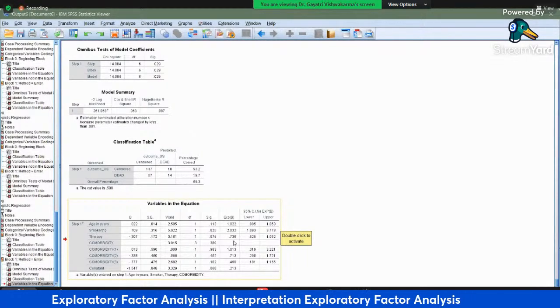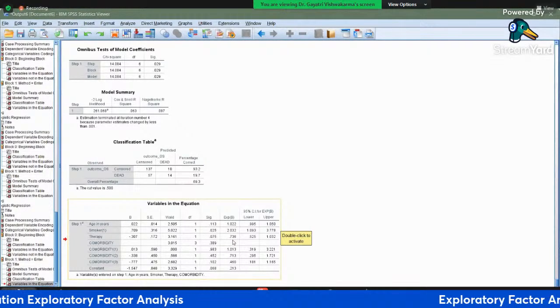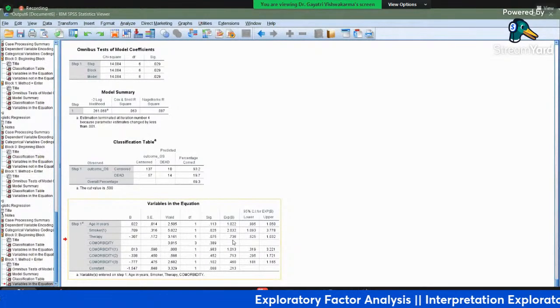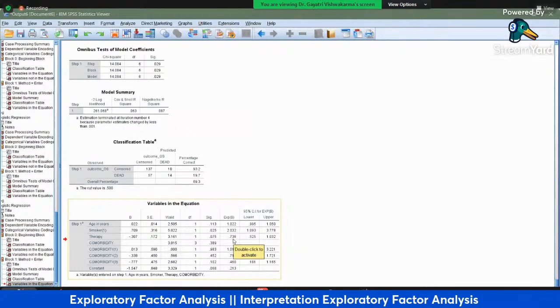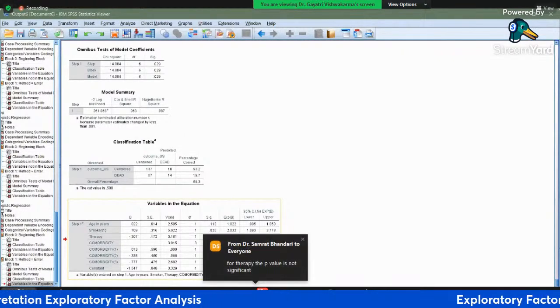Whenever odds ratio is less than 1, you have to do 1 minus odds ratio. It is 1 minus 0.74, that means this is 26%. So if somebody is getting any kind of therapy, 26% of the chances of survival are increasing. Okay, that is the interpretation.